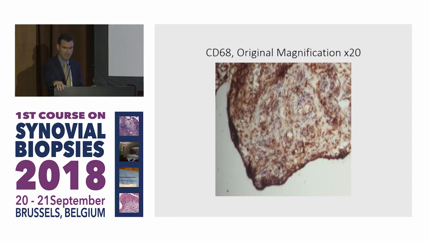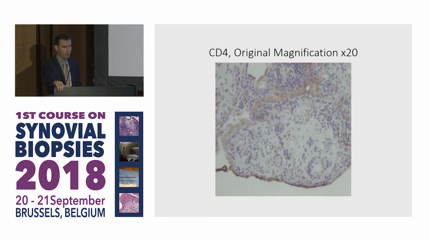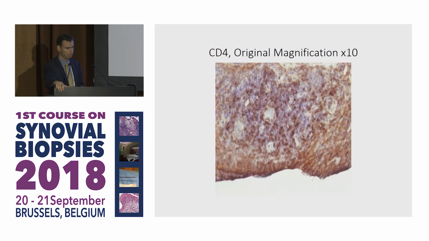So the first one is CD68 cell stain, a macrophage cell. We're looking at the sublining. This would be scored at 4 because it's between 75 and 100% staining. So it's a clear-cut macrophage infiltrate throughout all the stroma. CD4, a subset of T cells, and excluding the lining there because we're exclusively looking at sublining, this would score 1 because it's between 0 and 25% staining. This is another CD4 image, but clearly a lot more staining, and this again scores 4, again between 75 and 100%.